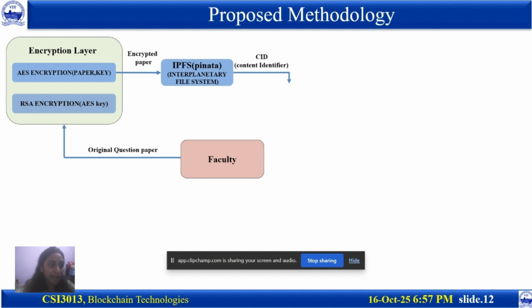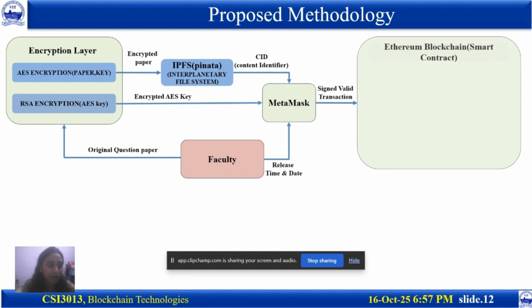Blockchain based storage. Next, both encrypted files are uploaded to IPFS, or Interplanetary File System, which is a decentralized cloud storage platform. Once it is uploaded, a digital fingerprint that represents the exact file version is generated. The CID, along with the encrypted AES key and the timestamp, is stored in the Ethereum blockchain using the smart contract. The smart contract performs several important functions. It ensures the time lock release, it verifies the authorization of the users, it maintains audit logs for transparency.